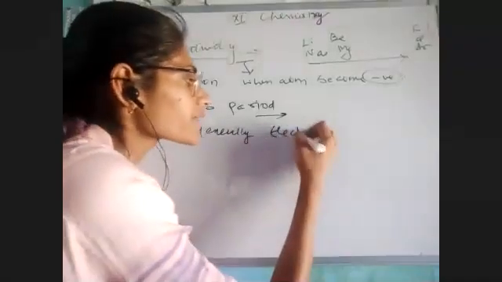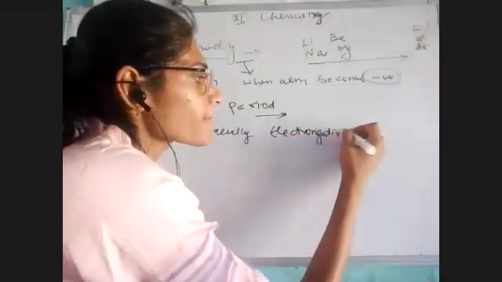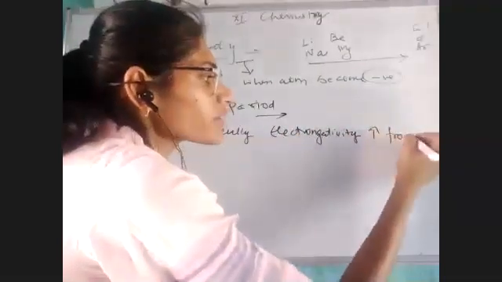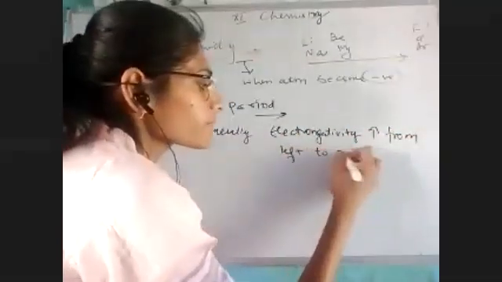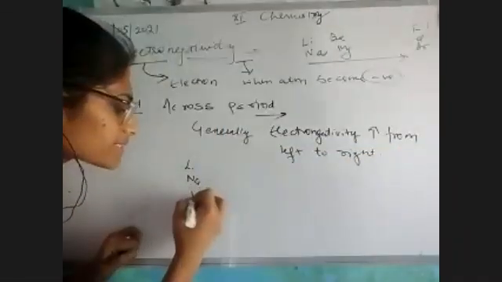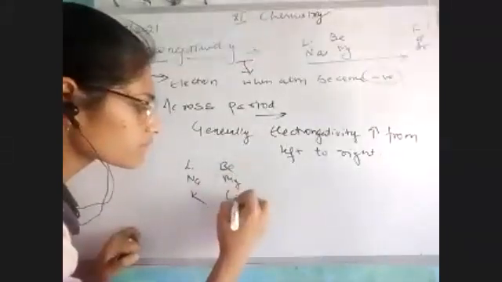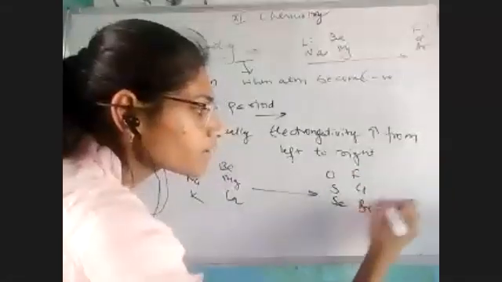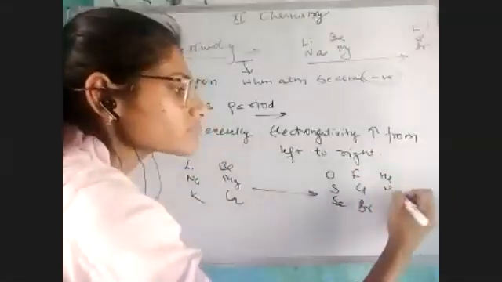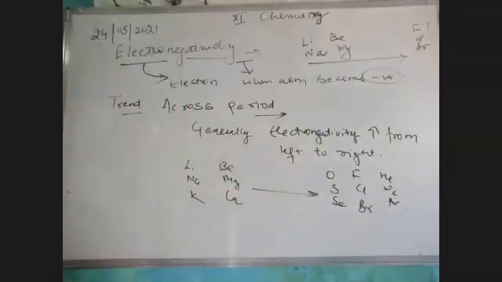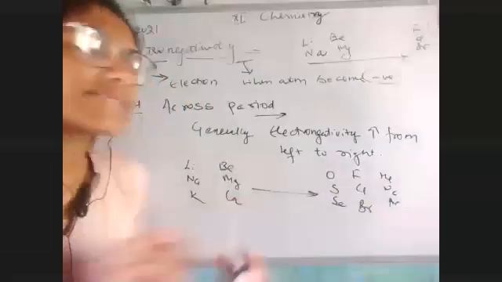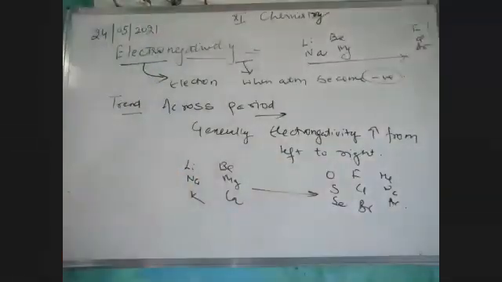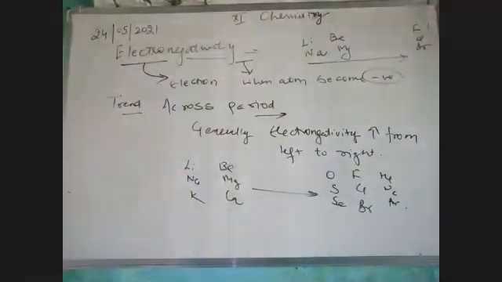Generally, our electronegativity increases as we move across a period from left to right. That means ये हमें बोलना चाह रही है कि अगर हम एल्कलाई मेटल से ऑक्सीजन, सल्फर, फ्लोरीन, क्लोरीन, ब्रोमीन और noble gases, in this case our electronegativity starts increasing. And now let me explain why our electronegativity is increasing from left to right.